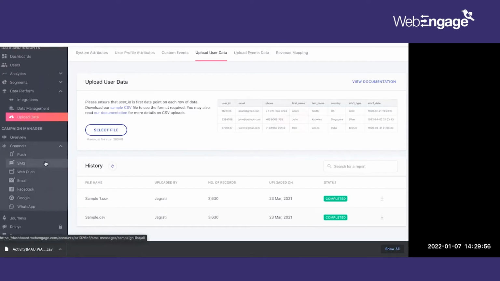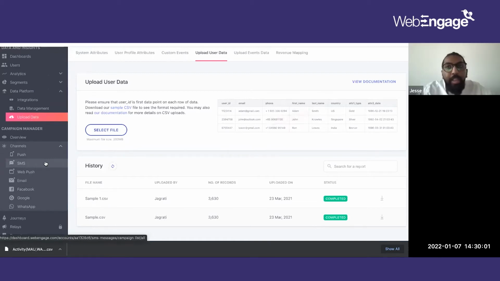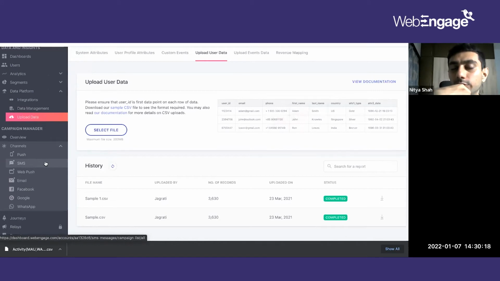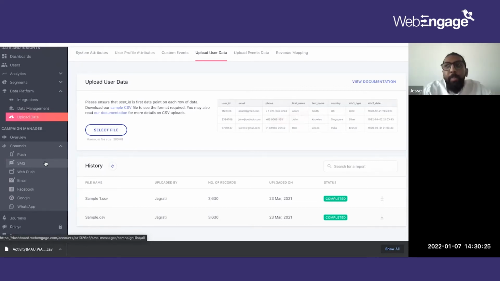What about Google or Facebook through cookies? Through cookies, we can do it, but they would still be unknown. So I would just have an ID, and you can export that ID onto Google and Facebook, and then you can target the same user. But again, I do not have first-hand information about this user, so I'm targeting an unknown user on Google or Facebook. And I think the profile matching with these ad networks for an unknown user would be much lesser. Yeah, there would be some drop-off percentage because the same ID has to be matched on Google as well as Facebook and WebEngage.